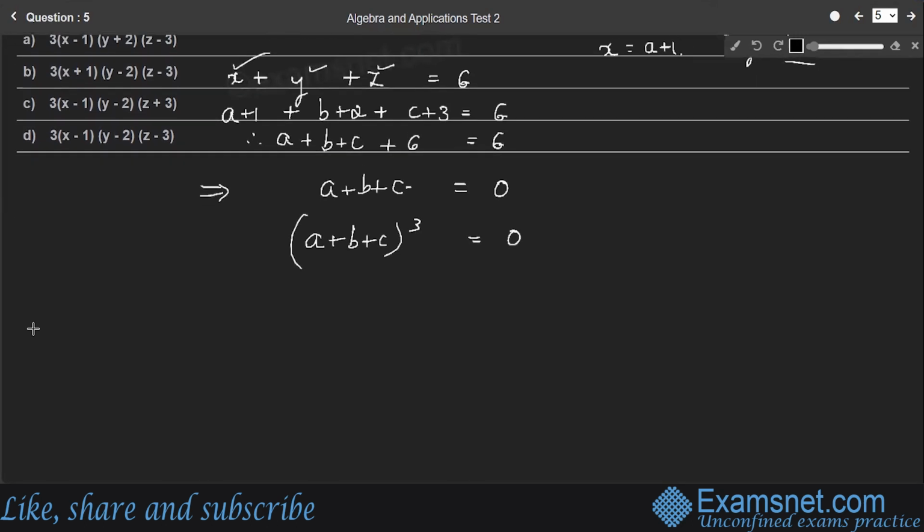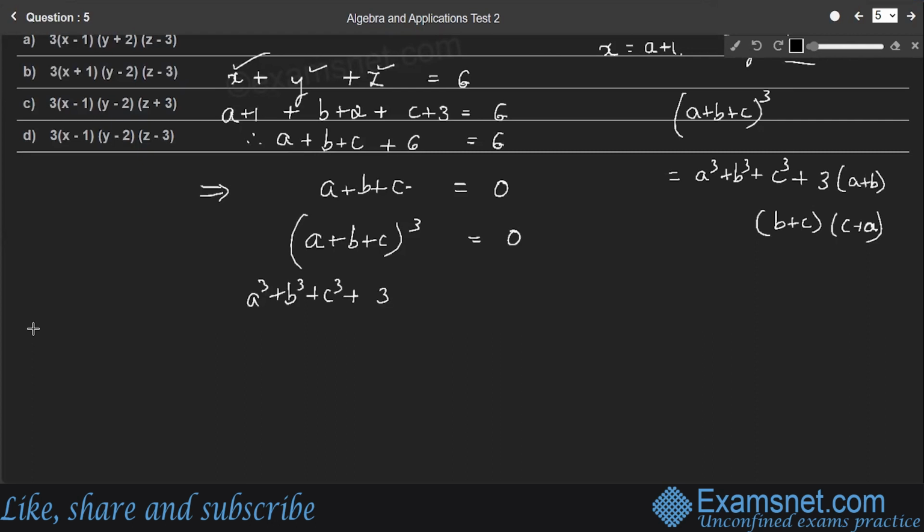So what is the formula? So which relates a plus b plus c the whole cube, right, and its factors. So here a plus b plus c the whole cube. Formula says a cube plus b cube plus c cube plus, so 3 times a plus b into b plus c into c plus a, right? Here we'll write a cube plus b cube plus c cube